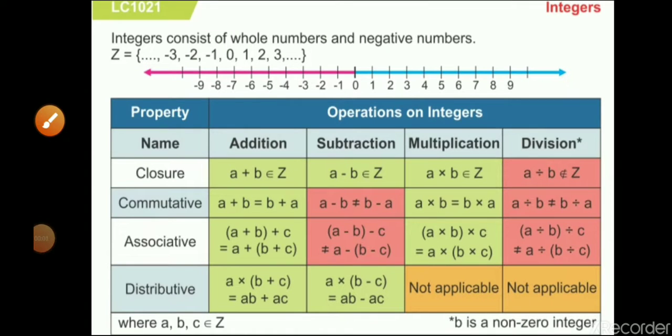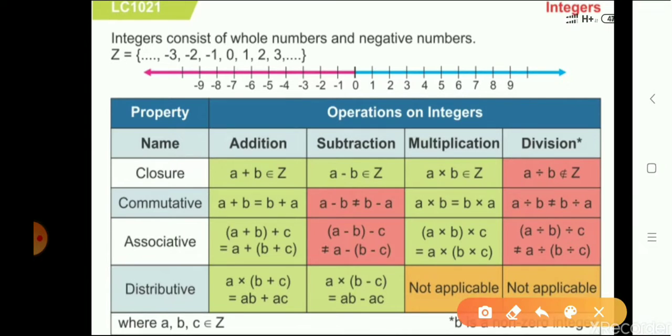Now students, with the help of this table you can clearly understand the properties for the operations on integers. Our first property is the closure property. In this we study whether, when we apply any operation on integers, we get the resultant in the form of an integer or not. Whenever we add two integers, we get an integer. Whenever we subtract two integers, again we get an integer only. In case of multiplication also, we get the product of two integers as an integer only.